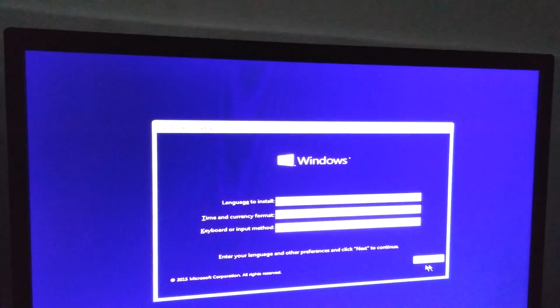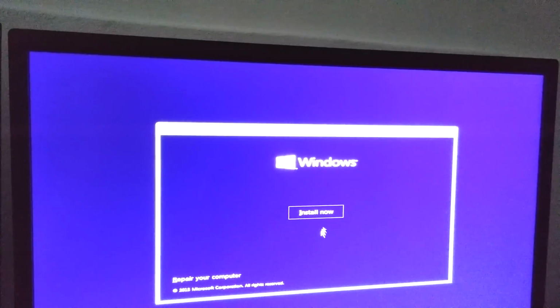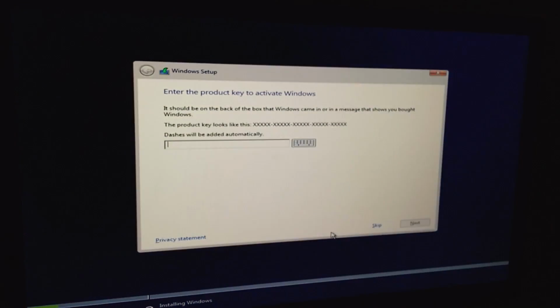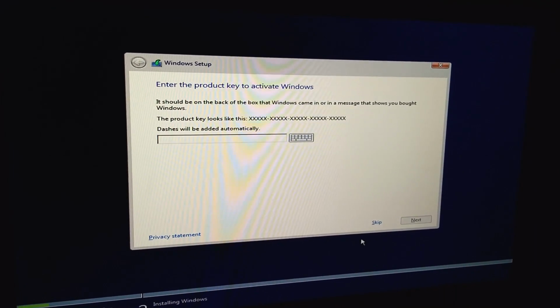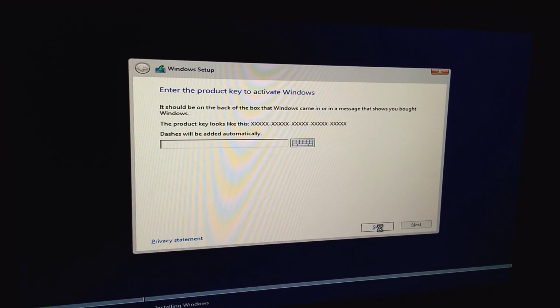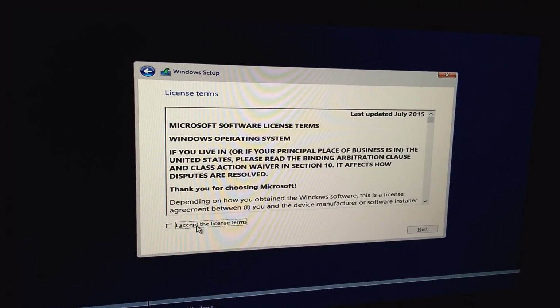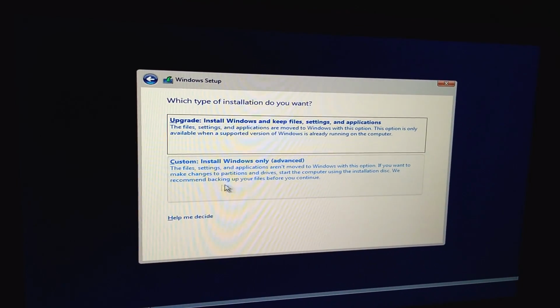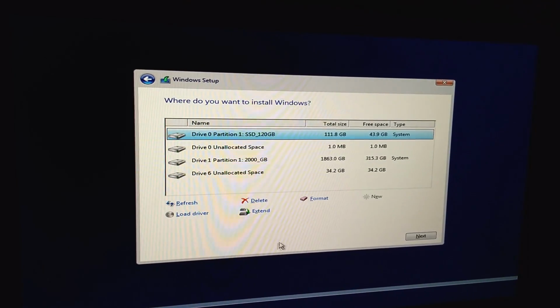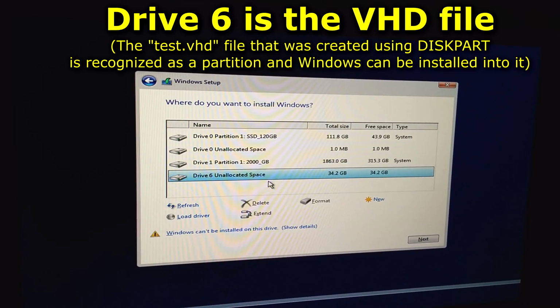Okay, and let's click next and install now. Setup is starting. Okay, enter product key. I don't have a product key, so let's click on skip. I accept the terms, click next, custom install. Okay, and here's the unallocated space,